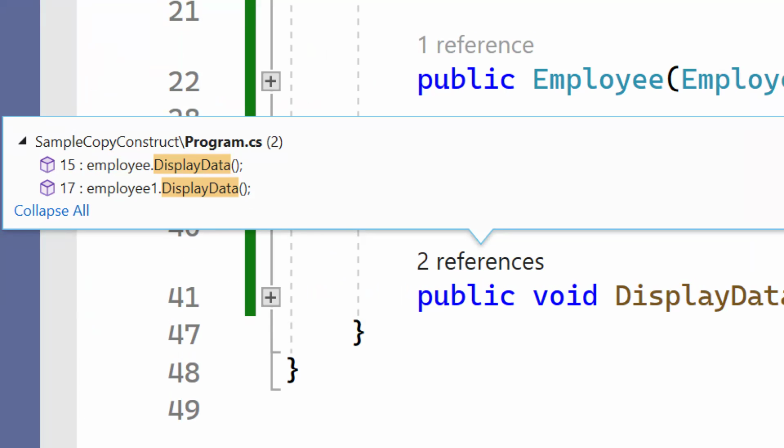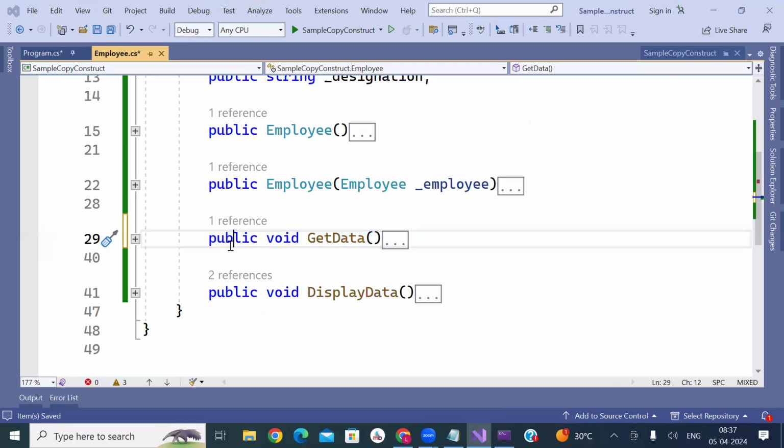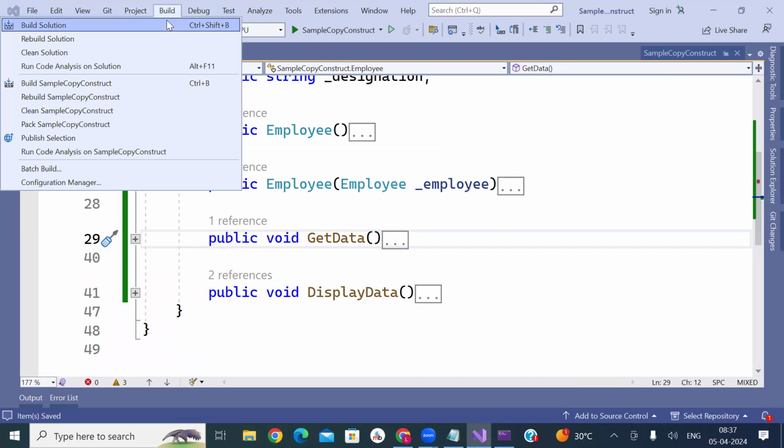That is the beauty of Visual Studio. Earlier, you didn't have this feature. In 2010, 2008, 2019 and all, you have to right click and view references. Now they've given this feature. Now, by seeing this you understand where all I have the method and where all I use the method. Or you got my point? So these will be important. Now come back, save all, build the project,